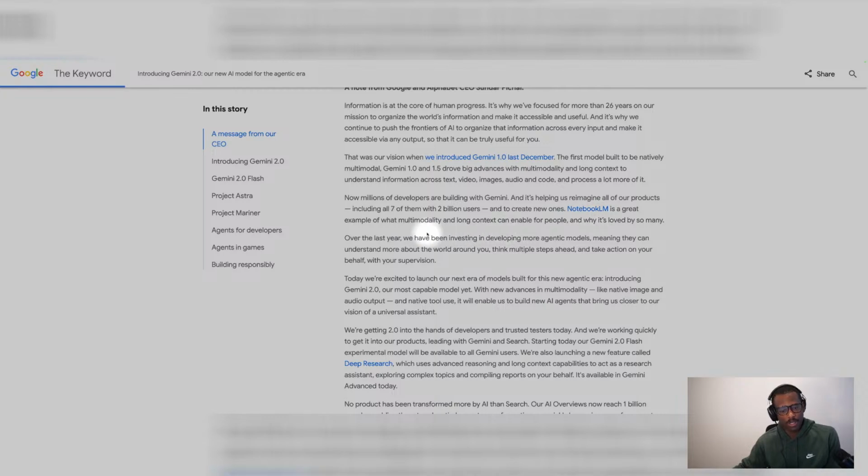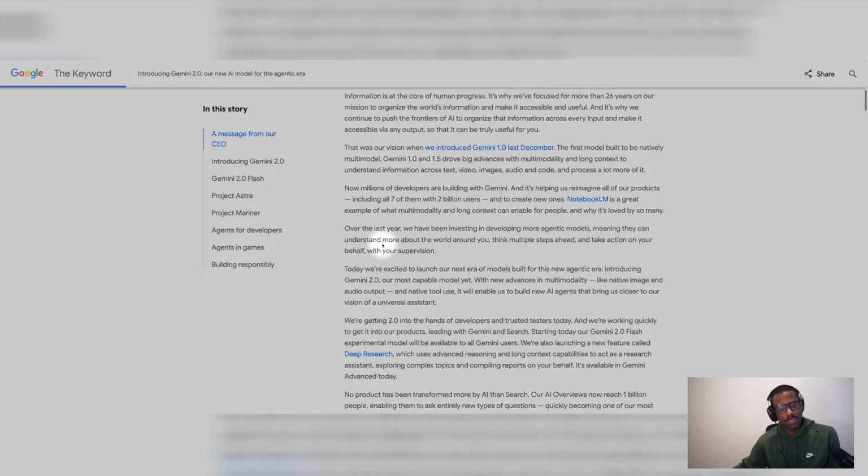Notebook LM is a great example of what multimodality and long context can enable for people and why it is loved by so many. Over the last year, we have been investing in developing more agentic models, meaning they can understand more about the world around you, think multi steps ahead, and take actions on behalf of you without your